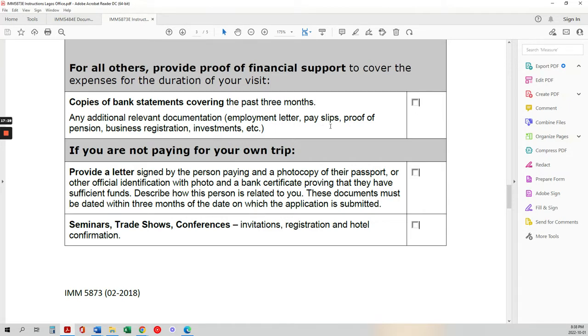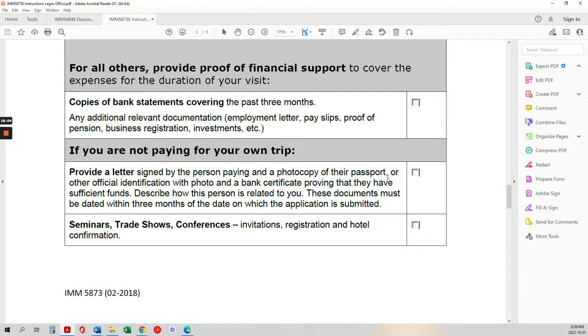Okay, if you are not paying for your own trip, provide a letter signed by the person paying and a photocopy of their passport or other official identification with photo and a bank certificate proving that they have sufficient funds. Describe how the person is related to you. These documents must be dated within 3 months of the date on which the application was submitted. Very, very important, okay? If you're not paying for it, you need to provide proof that you have access to